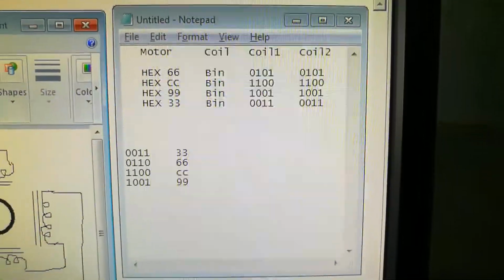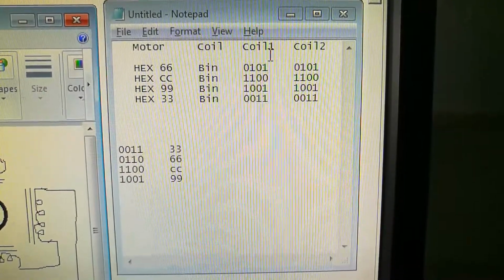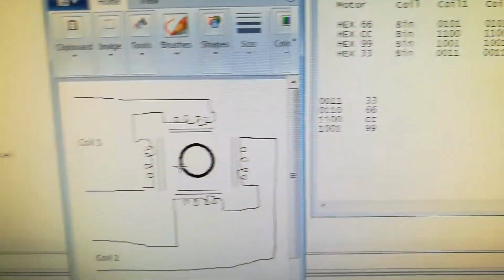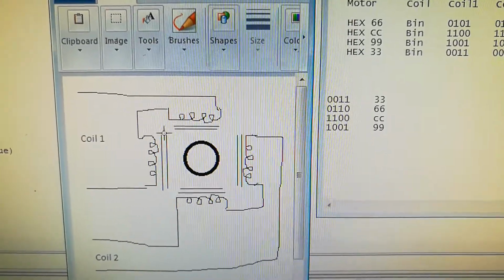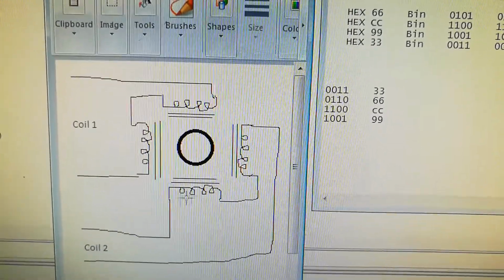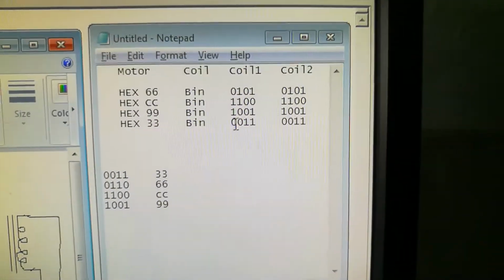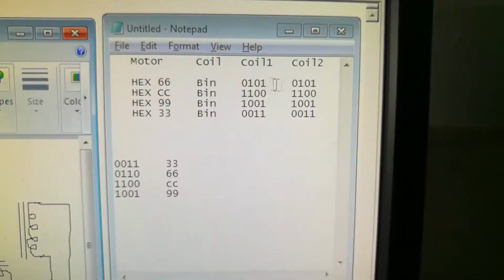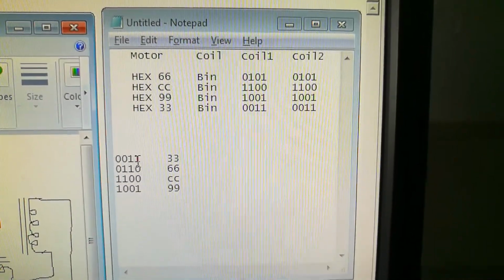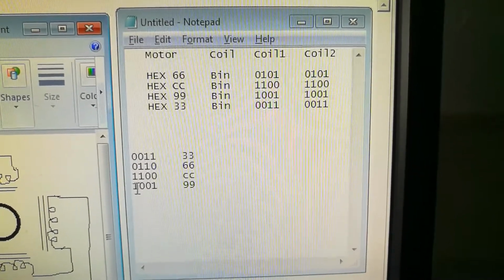To give the pulses, coming to the logic here, I am speaking about the motor. The motor has coil 1 and coil 2. That is how we are taking it into consideration. 2 coils are in series. These 2 series combination gives you coil 1 and the other 2 part of the coil gives you coil 2 combination. So coming to your hex values, the hex values here are nothing but 0011, 0110, 1100, 1001.